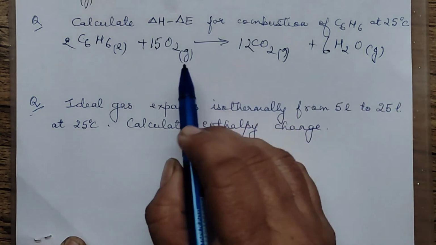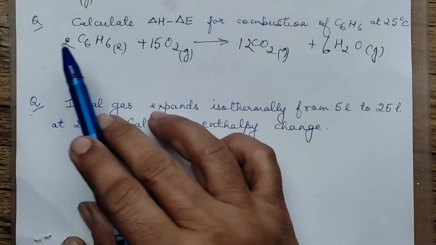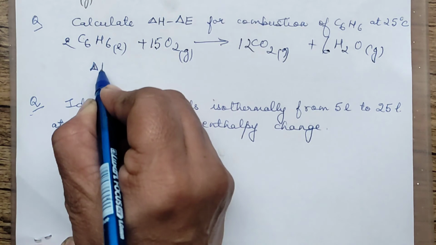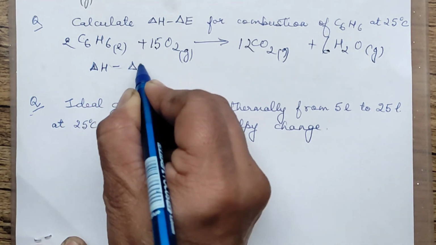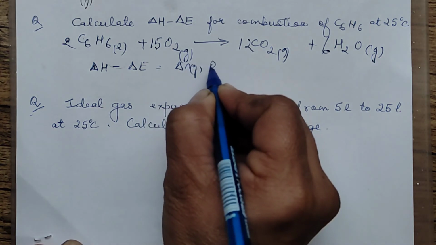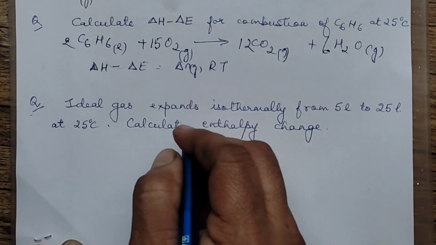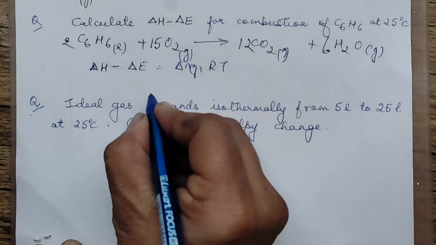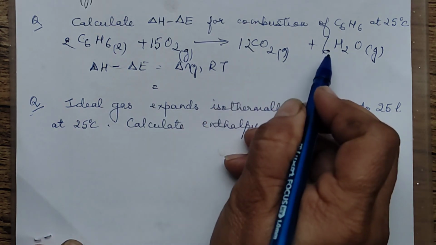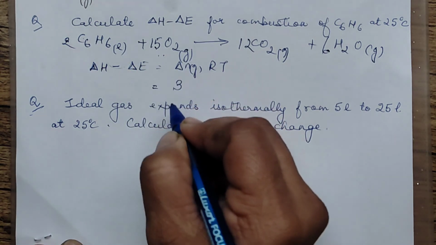So when you balance it, you'll get 2 here, this will be 15, this will be 12 and 6. I think it is fine. Just check it. This is 30, 24 and 6. Carbon is 12. Yes, it's correct. Balanced. So the difference they are asking you, delta H minus delta E is equal to delta Ng RT. Right? So in case you are asked to calculate the answer in calories, then delta Ng, let us see what it is. This is 18, the product side, and this is 15, this is liquid. So 3.